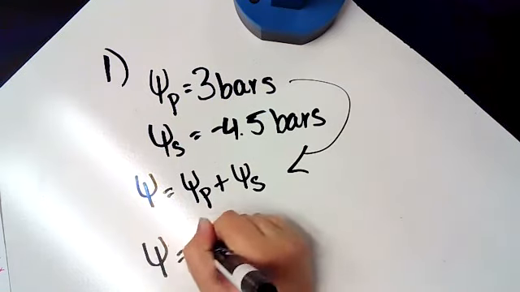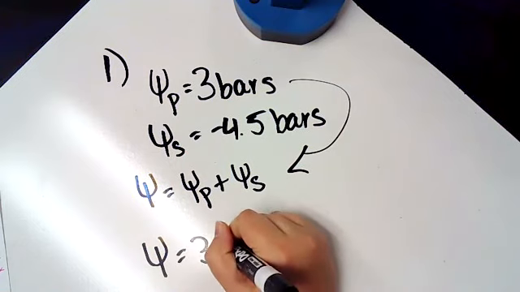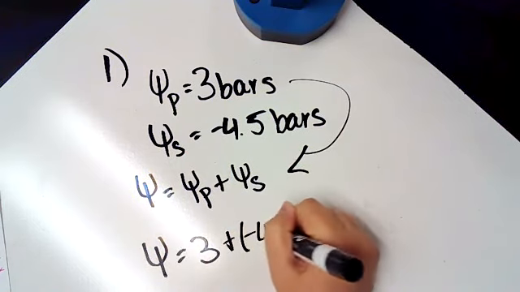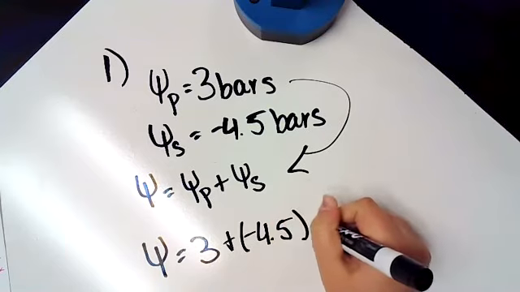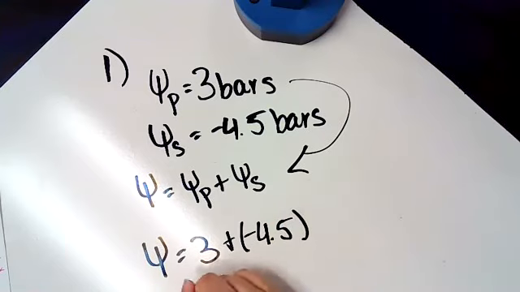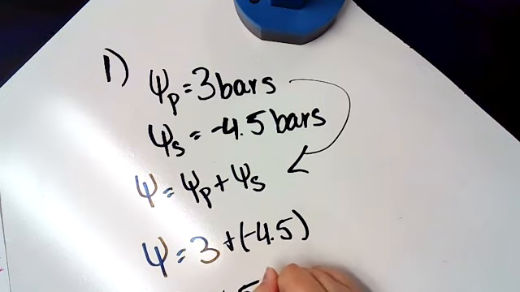Water potential equals 3 plus a negative 4.5, which should give us negative 1.5 bars